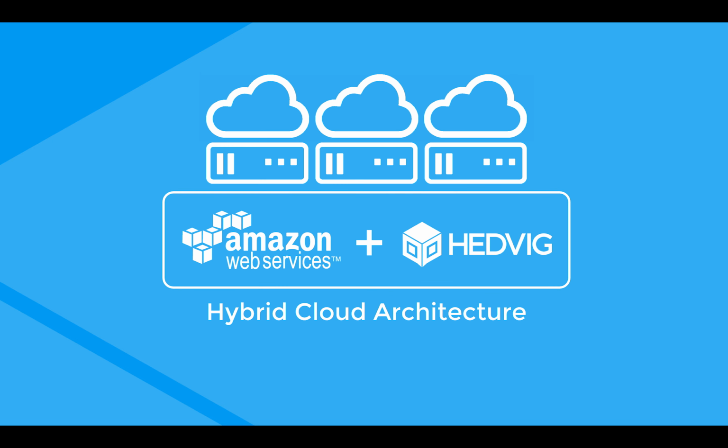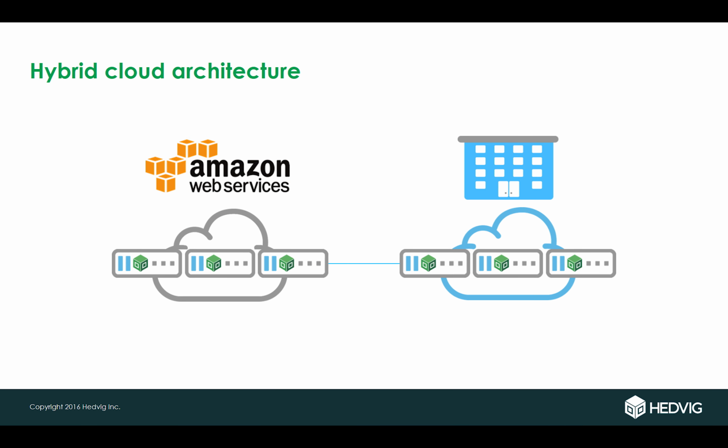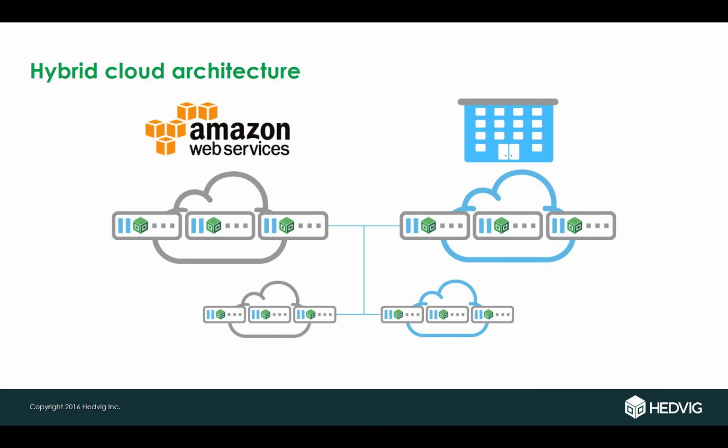Let's start with a hybrid cloud architecture. As shown here, what we mean by this is that Hedvig software-defined storage nodes are located in both a private data center and a public cloud. In this case, the cloud being Amazon AWS, utilizing EC2 compute instances. Today we'll look at a dual cloud deployment, but with Hedvig this can easily extend to 3 or more sites,